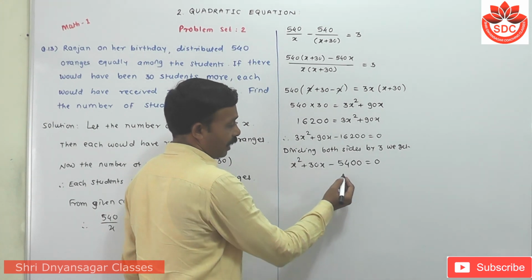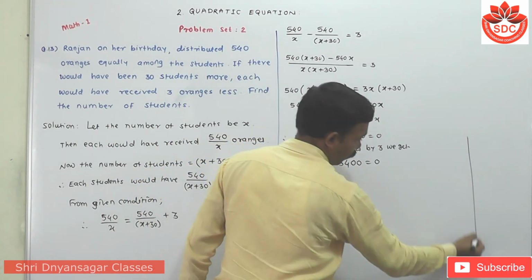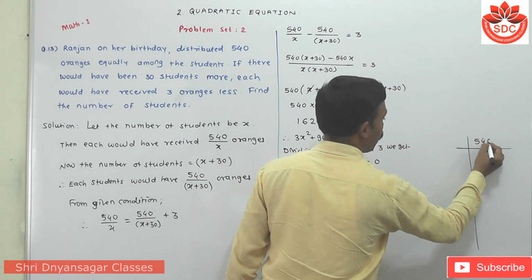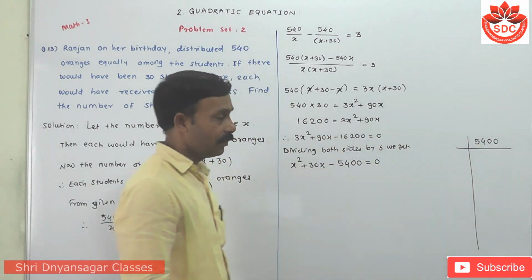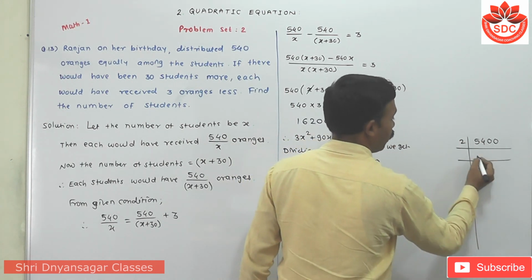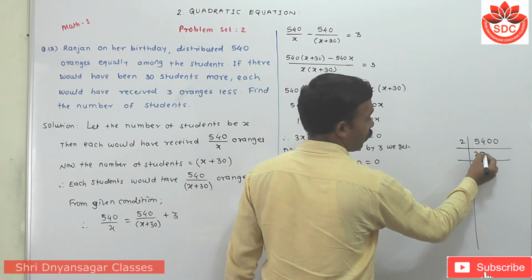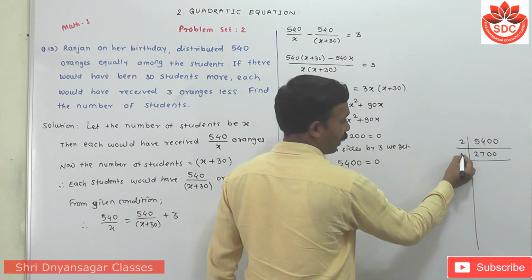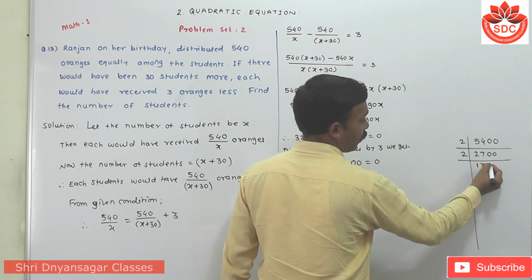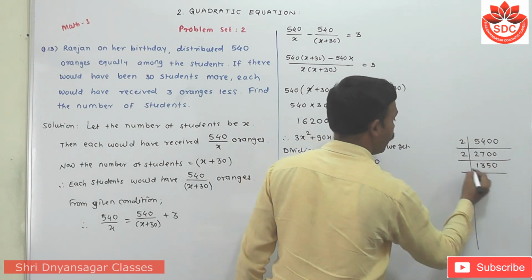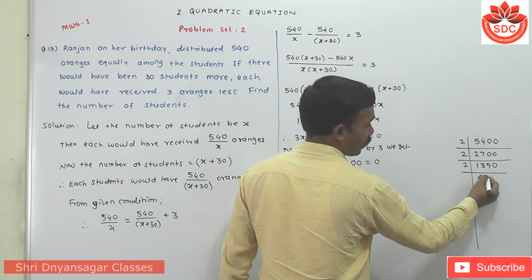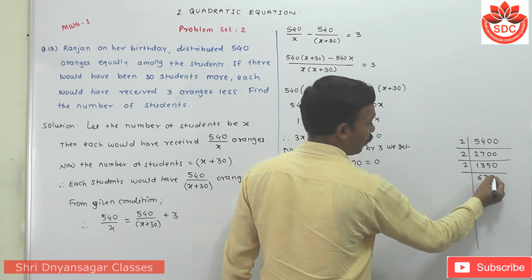Now I have to factorize minus 5400. Here I have to write only 5400. Student, this is a simple technique. Divide it by 2. Then 2 2s are 4, 1 carry, 2 7s are 0 0. Then again divide it by 2, 2 1s are 2, 2 3s are 1, carry 2 5s are 0. Then again divide it by 2, 2 6s are 1, carry 2 7s are 1, carry 2 5s.